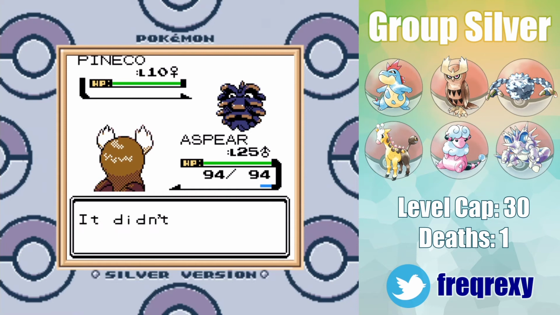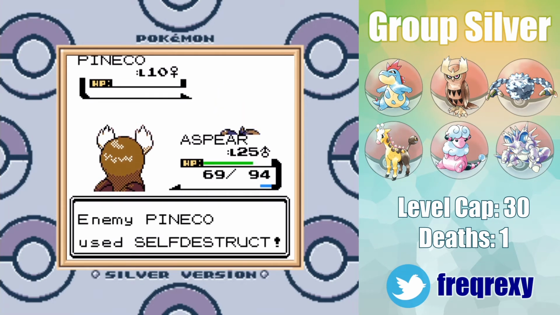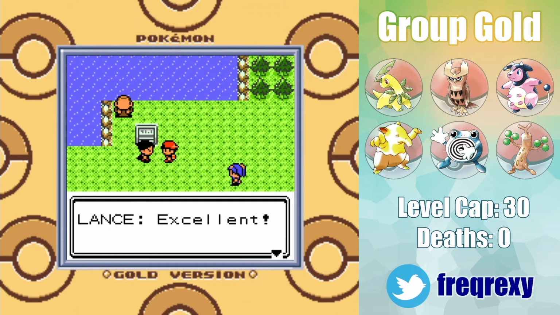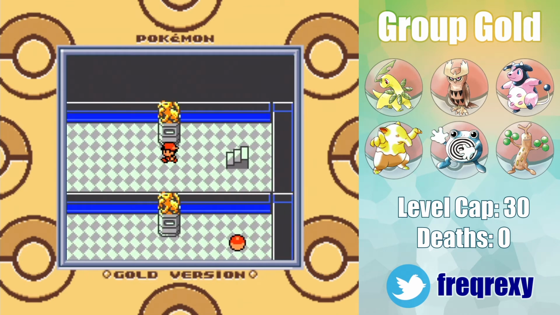Silver finally found a Pineco, but it exploded in front of Asper. So close, and yet so far. Everyone defeated the free shiny and picked up a red scale in the aftermath. Some Lance guy also spectated the entire thing,